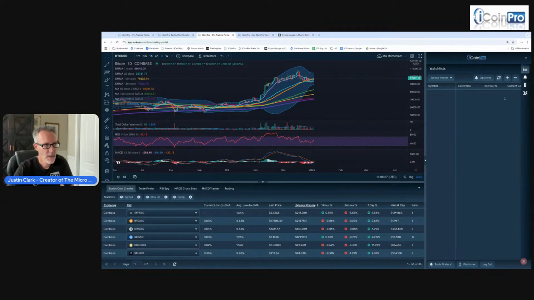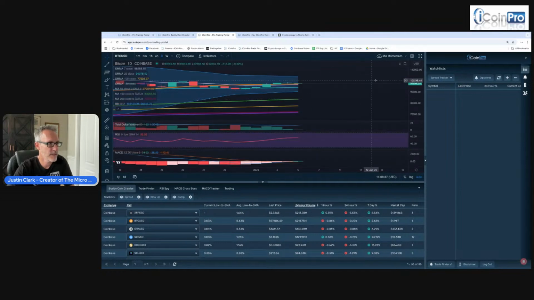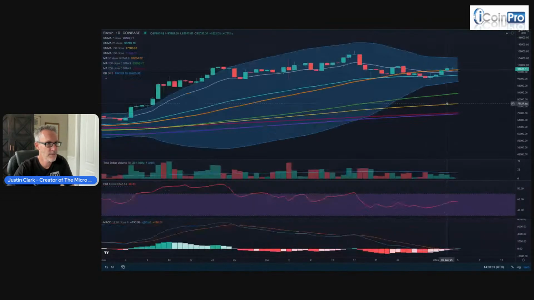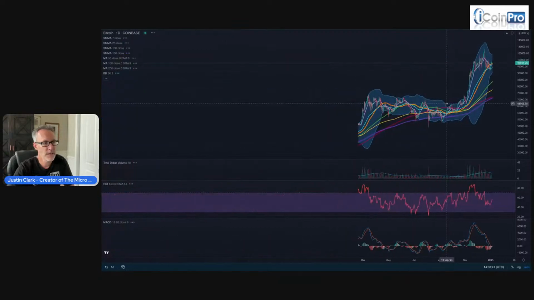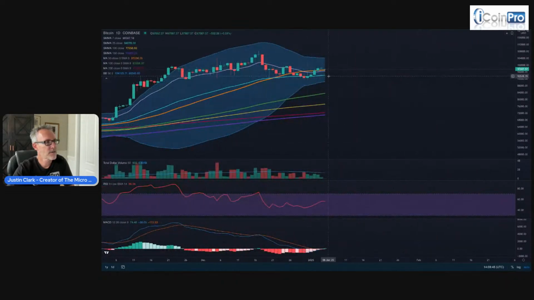So with that said, if you want to get the MA Momentum chart setup, you go up to here, click this little arrow, click Load Chart Layout, and then click on MA Momentum, and it'll pull it up. We can look at this really quickly so that people who are newer can understand how this works. The first thing is these green and red things up here, they're called candles. They show where the price is, and this is showing what just happened with the price. Each one of these candles, we're looking at this on a 1-day chart. We need to do that to get a good determination.